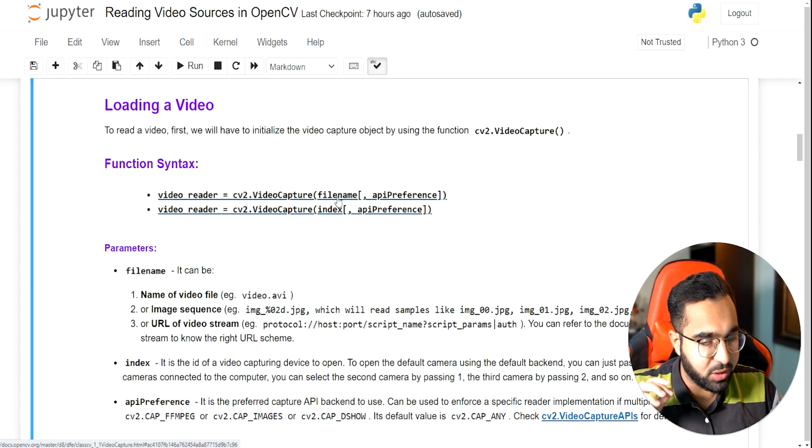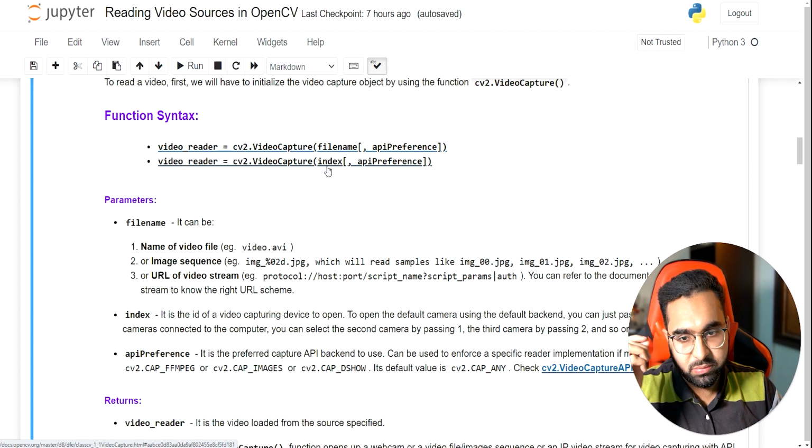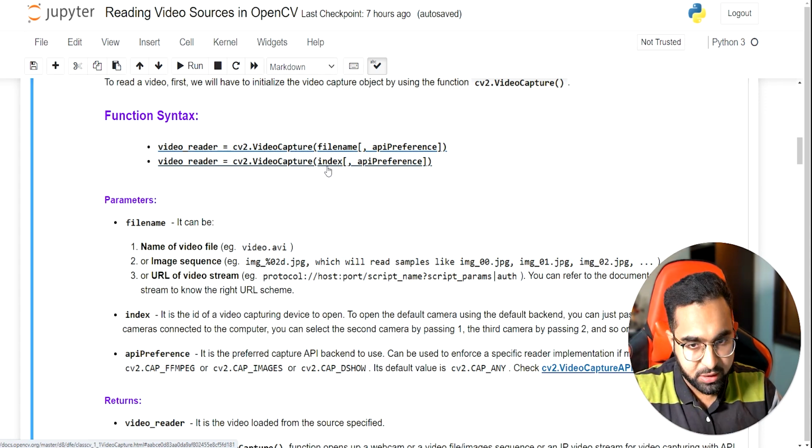So this is the file name. When you're reading from a video on disk, you'll pass in the video file name, and if you're reading from a webcam, you can pass in an index. This index can be something like 0, 1, 2, 3, depending upon which webcam you want to use. And it's not just fixed. If you have two or three webcams attached, then maybe 0 may refer to one webcam and 1 to the other, and you need to just plug in the numbers, run, and see which webcam is being utilized for which index.